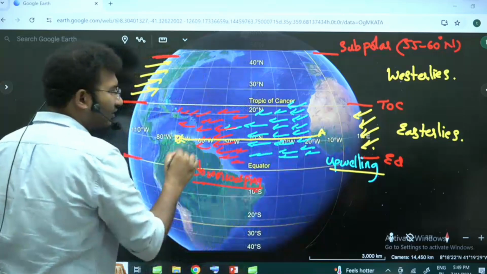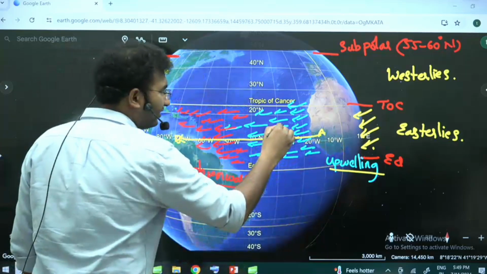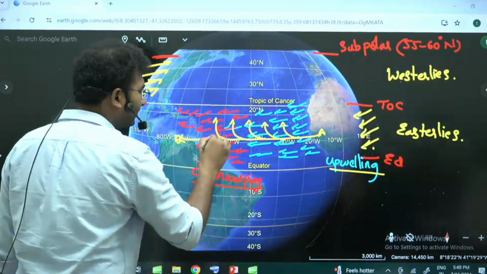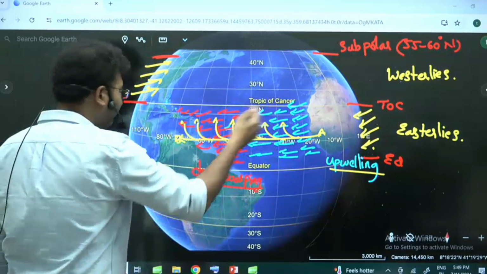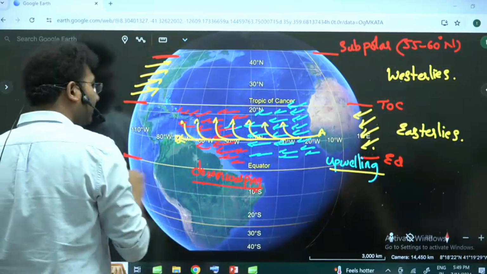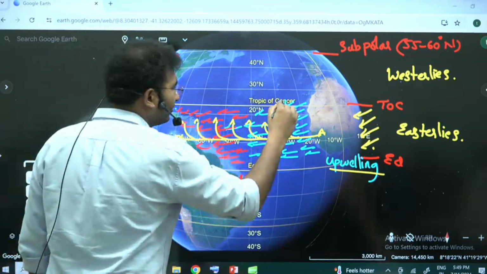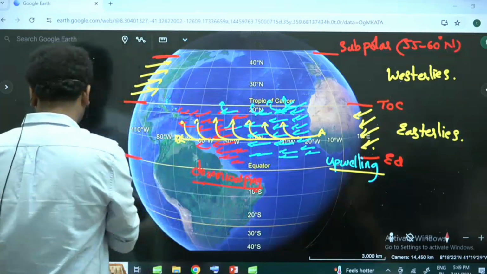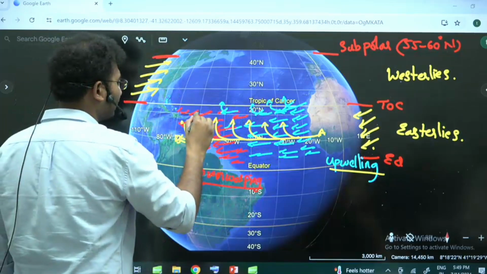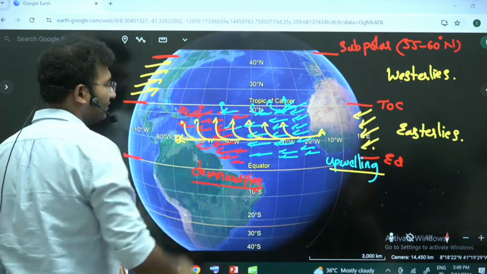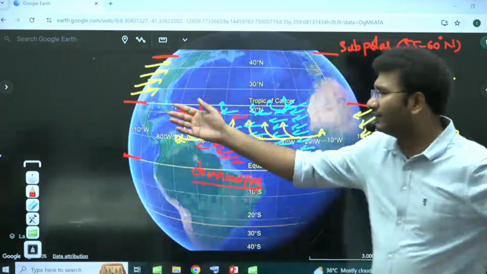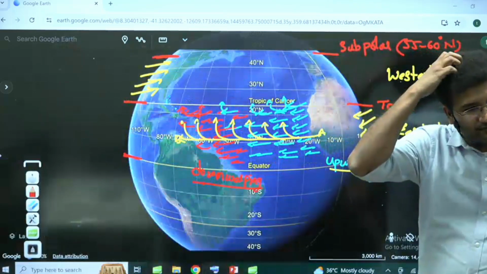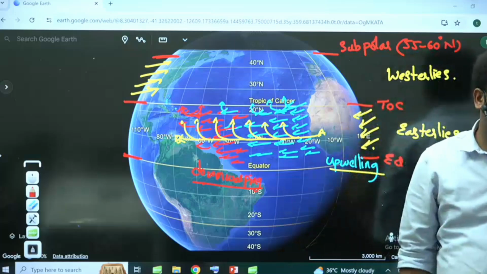Rather, if the water wants to move in this direction, it will tend to deflect towards its right in the northern hemisphere. That means every body of water that is trying to move, don't you think that they are trying to deflect towards the north like this? Okay? They are trying to deflect towards the north. They deflect like this. But once they have reached the west coast of the Atlantic Ocean, there is a continent. Now the continent came in between.